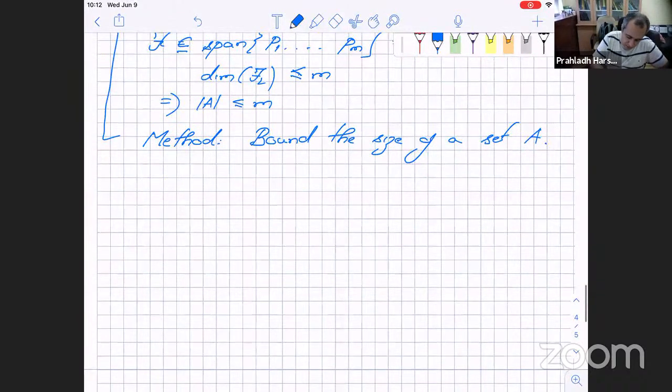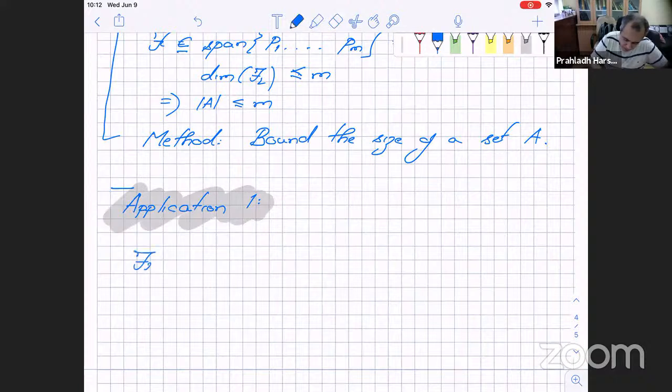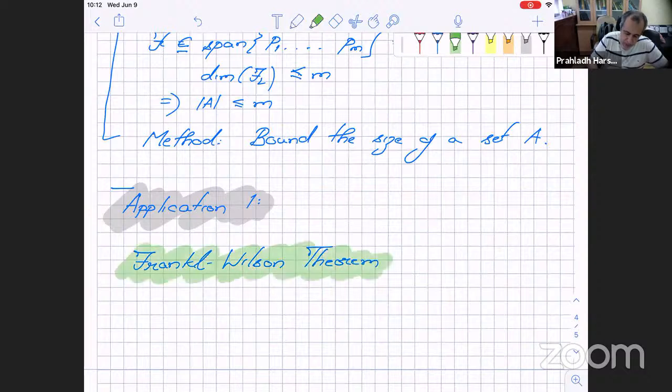Let's look at an application to begin with over here. Application 1. Actually, let me not call it that, let me just directly write the Frankl-Wilson theorem. So what is the Frankl-Wilson theorem? The Frankl-Wilson theorem is stating that